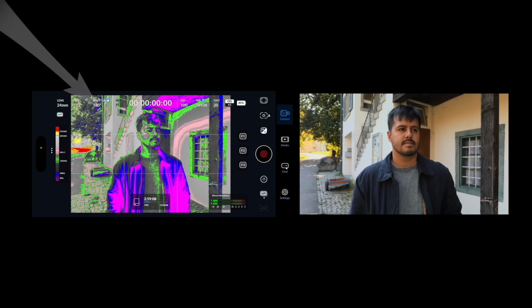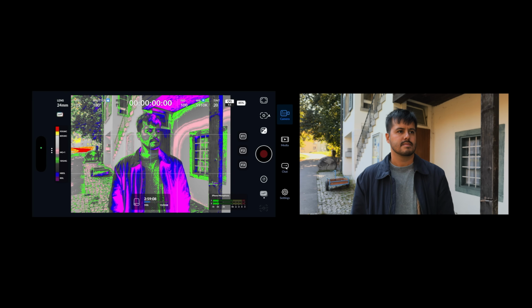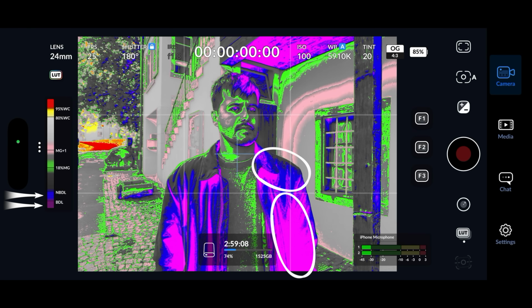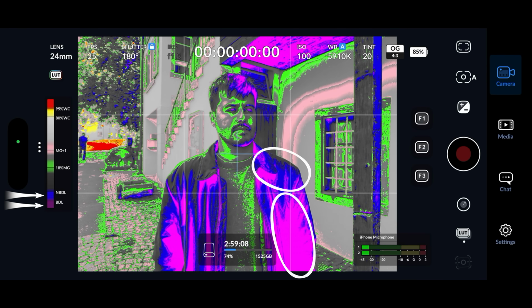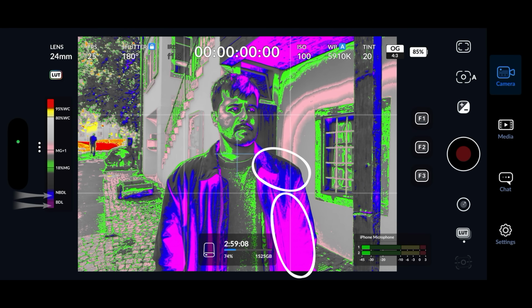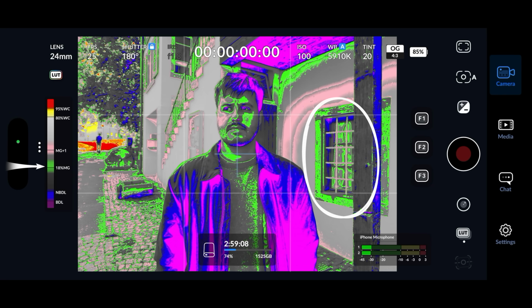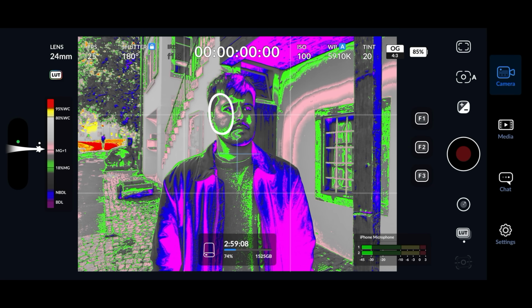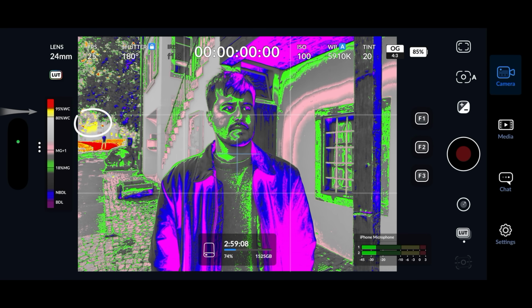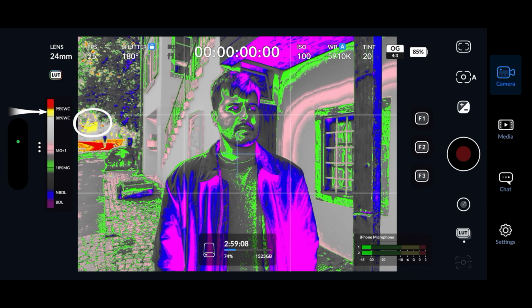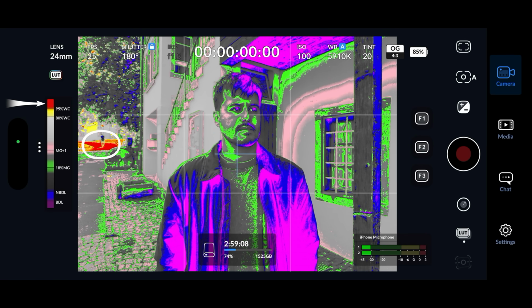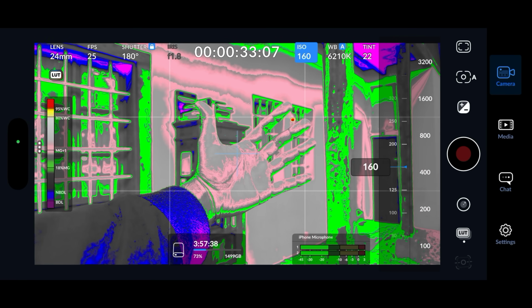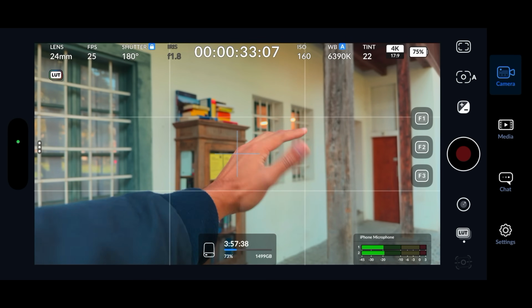Now, false color is one of the most effective tools for getting proper exposure. It applies a color overlay to your image to indicate brightness levels. Purple and blue show underexposed areas, with blue still containing some detail and purple fully crushed. Green represents middle gray, which is a good reference for darker skin tones, while pink is ideal for lighter skin tones and what I typically use when filming myself. Yellow signals that highlights are close to clipping, and red confirms they're completely blown out. My approach is to expose for skin first, then check the rest of the frame to make sure I'm not